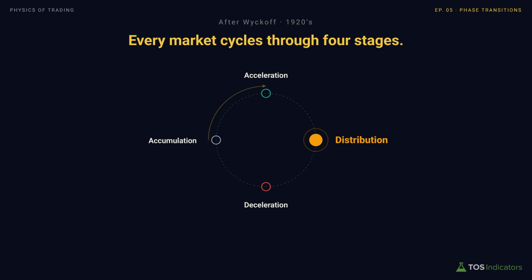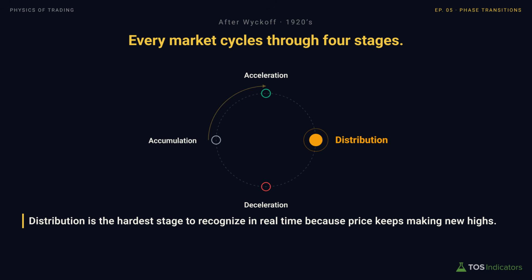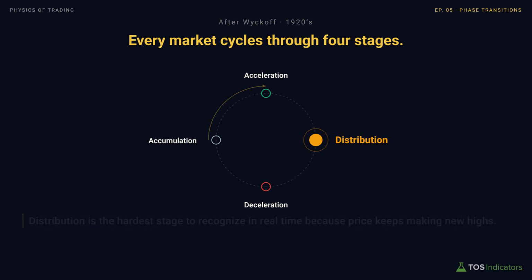Then we go to the third stage, which is distribution. In distribution, the trend slows near the highs. Price still makes new peaks, but each one is shallower than the last. You'll see volatility starting to rise while progress in terms of price action starts to stall. This is really a mirror image of accumulation. It's the flip side. Smart money is starting to sell into strength that retail keeps buying. It's the end of a trend, if you will.